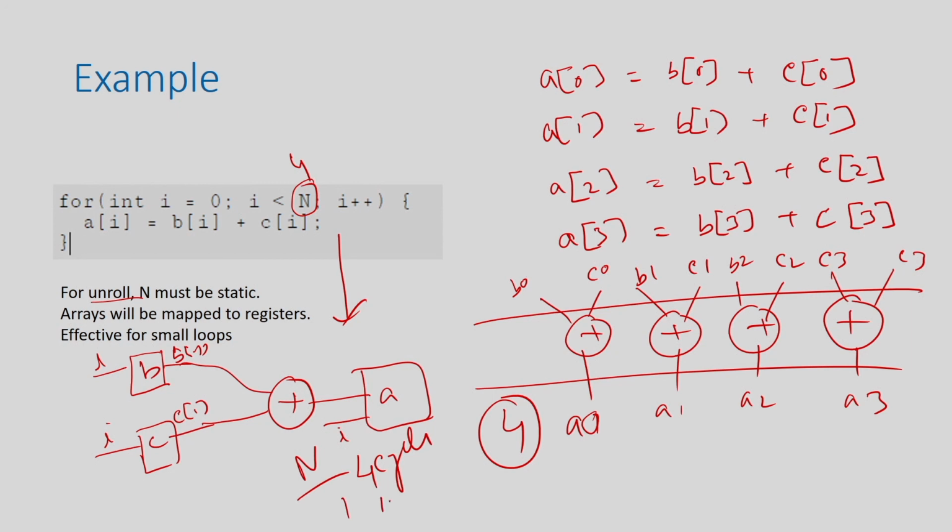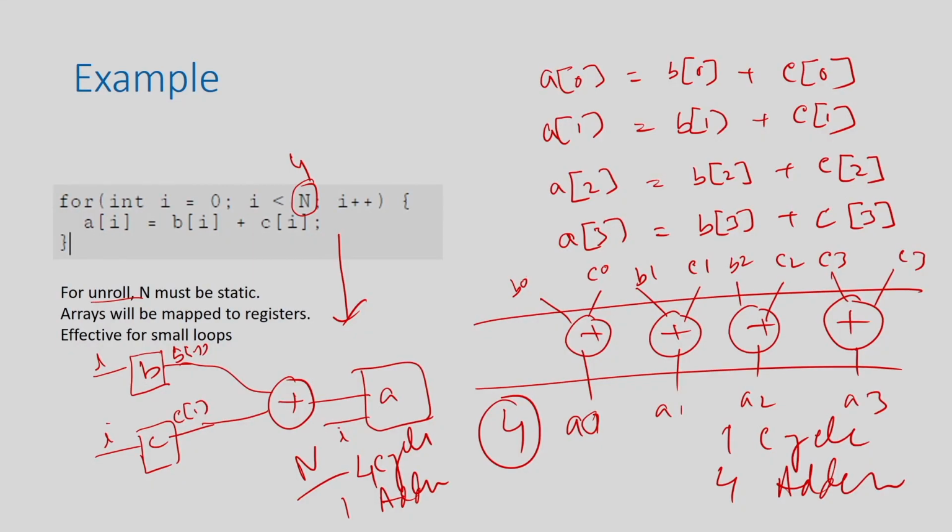So, with the one adder here, it is 1 cycle for the adder, right. This one cycle is the extreme end, because I am assuming that there is no dependency between the iterations. But if there is a dependency between iterations, you may not be able to execute everything in a single cycle. The next example highlights that.